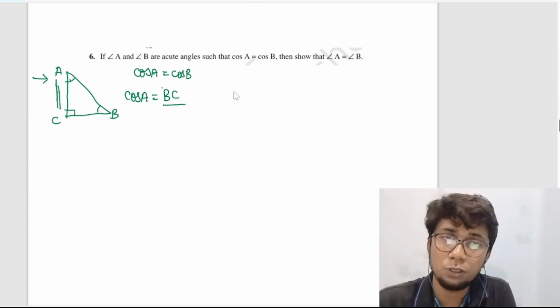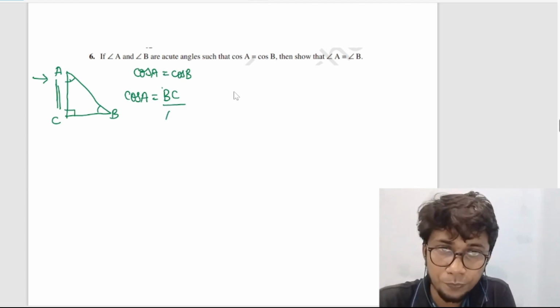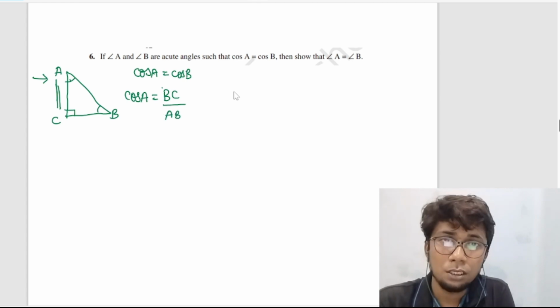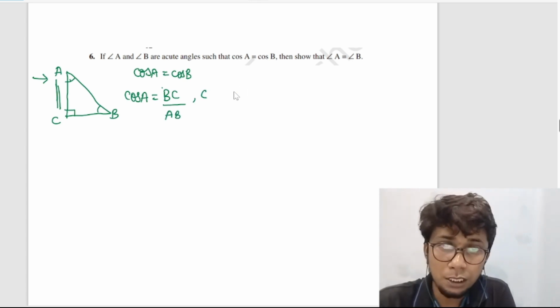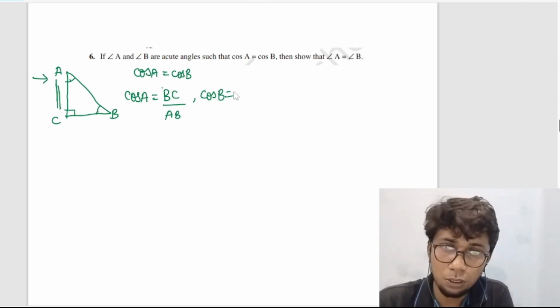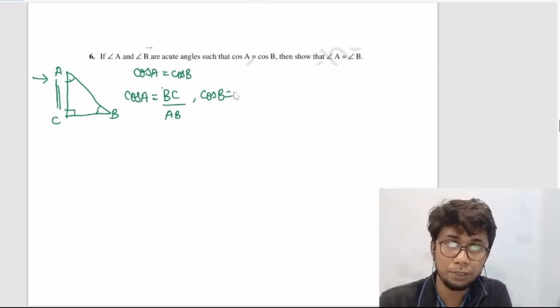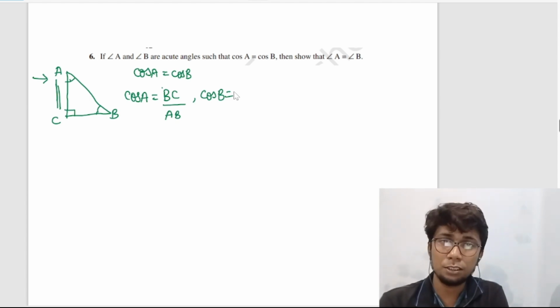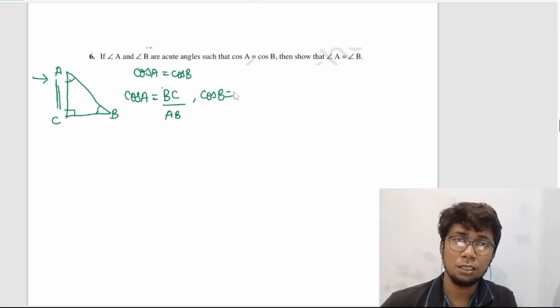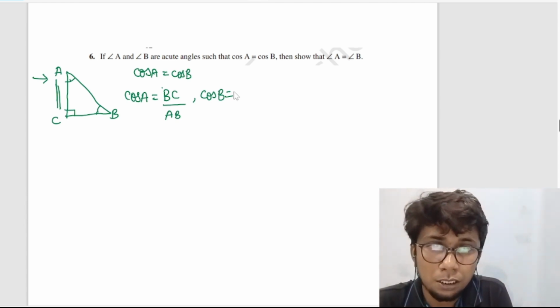The side opposite to the right angle, that is AB. Now what is cos B? If we consider this B, then this AB will be the perpendicular because it is opposite to angle B, and this base BC will be our base. So this will be nothing but